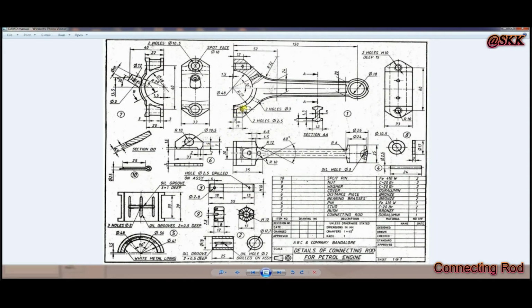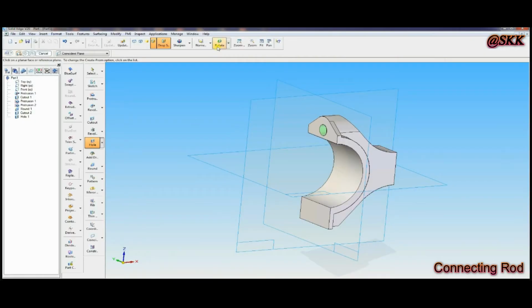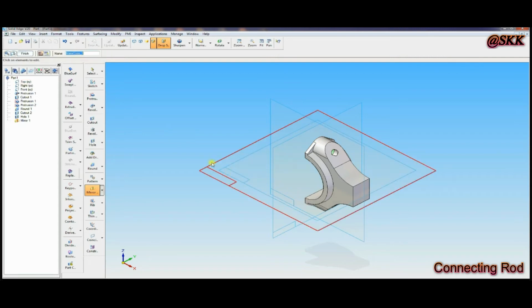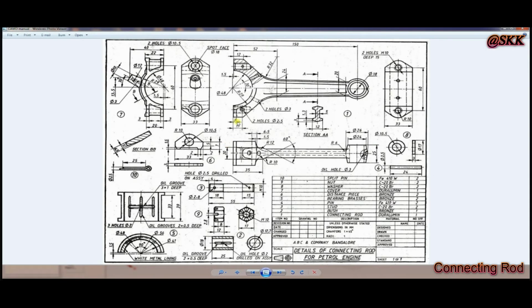Now you have to make one more slot, two holes of diameter 2.5 with a distance of 11 mm. That profile you have to draw in ISO. Before that, you have to mirror the hole, cutout and holes you made. Click on mirror, select the features, four features, three features, and smart, then select the plane like this.